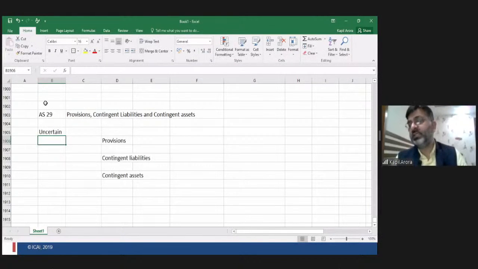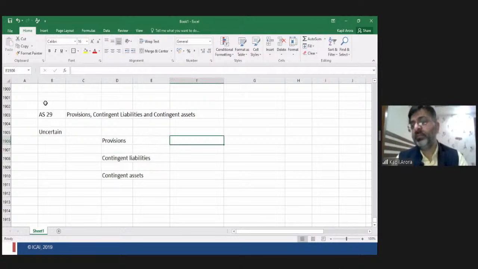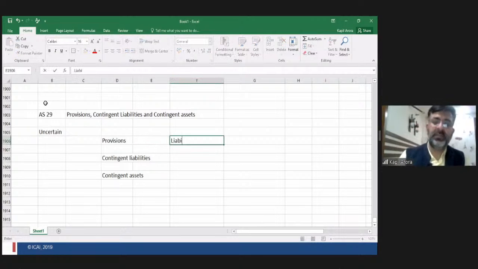when things are uncertain. AS 29 was recently revised after the issue of Ind AS accounting standards. Now after Ind AS, the provision has actually changed. What is the meaning of provision? Provision means liability. As per the definition, provision means liability